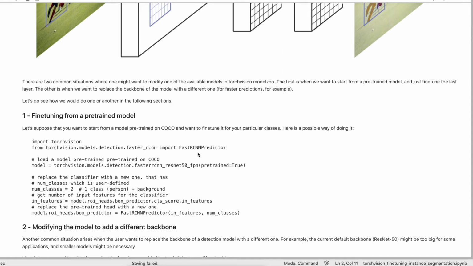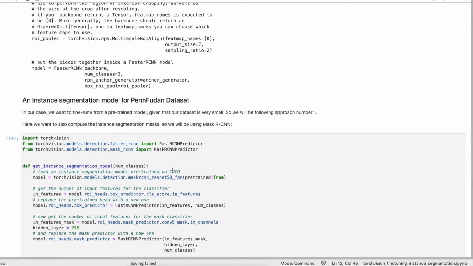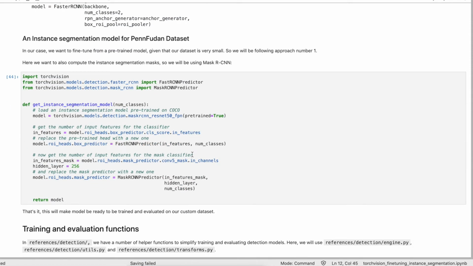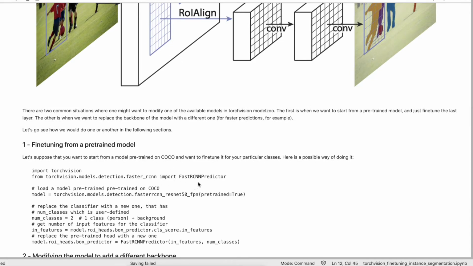So there are two classes: person, which we can say is 1, and background, which we can say is 0. The possible way of doing it: first we import FastRCNNPredictor, and we load the pre-trained model from torchvision detection, fasterrcnn_resnet50.